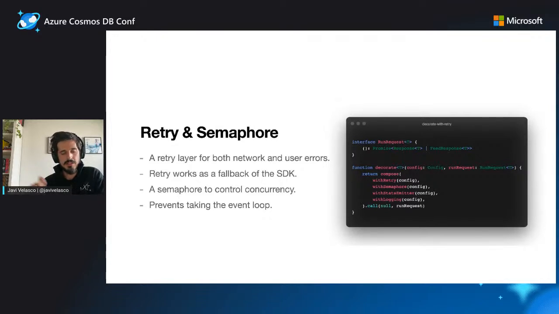We also have a layer that adds a semaphore in front of all of these requests. And this is going to help us make sure that we don't take the event loop. It helps control the concurrency, how many operations are going to be running at the exact same time. If we do, for example, a promise all with thousands of operations at the same time, we will make sure that we are not taking the event loop and we are not running a lot of operations in the exact same millisecond. With this, we complete all of the decorators that we have in front of every single operation,